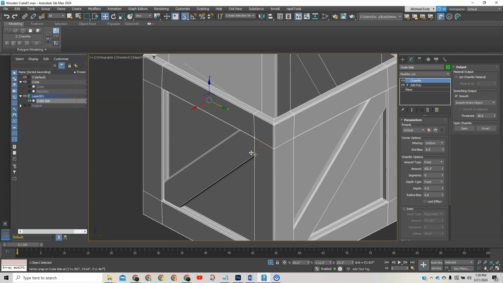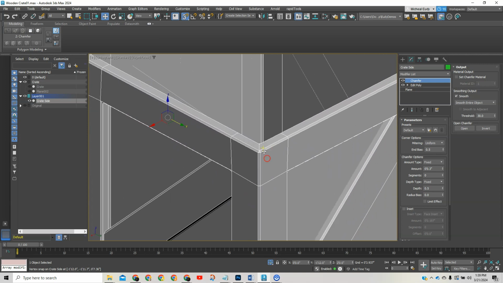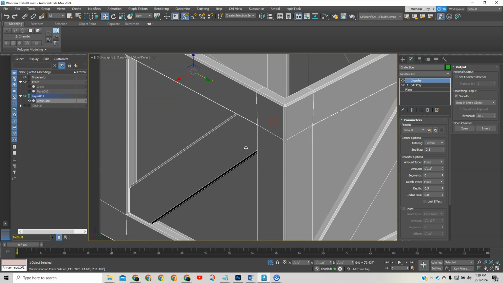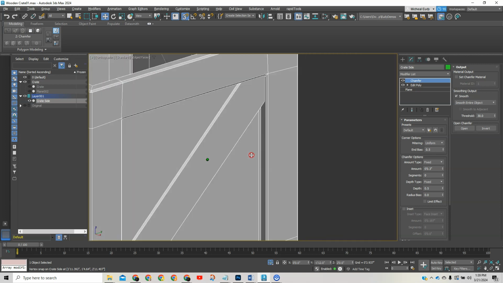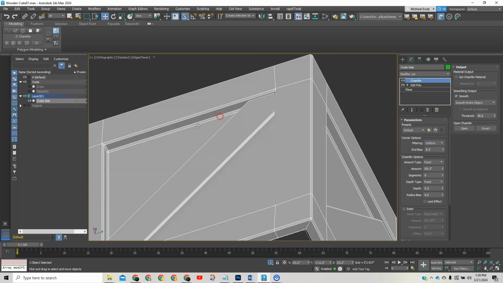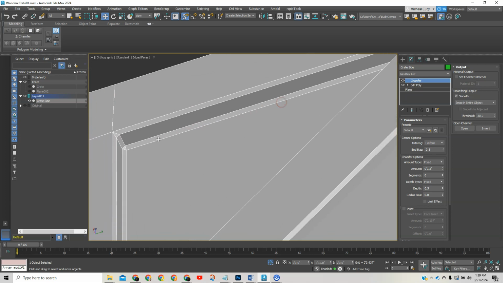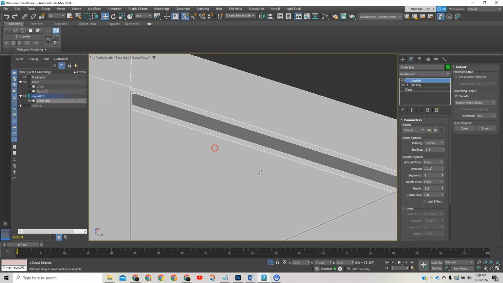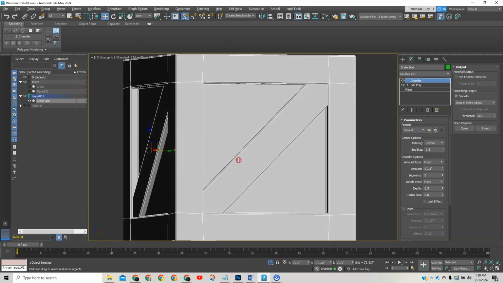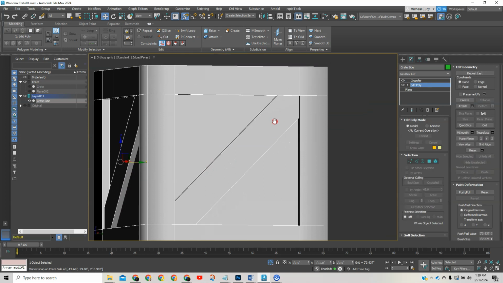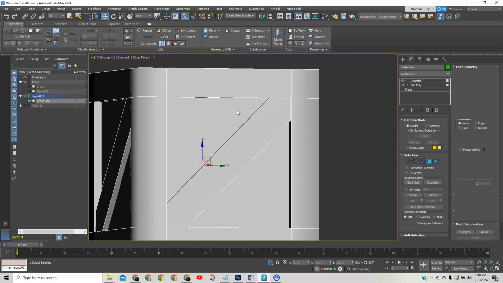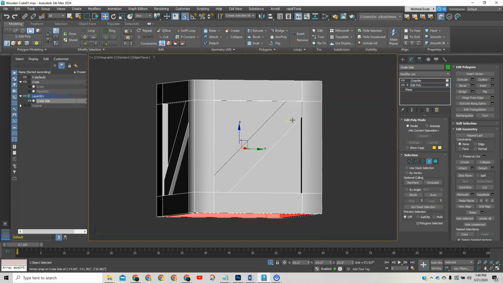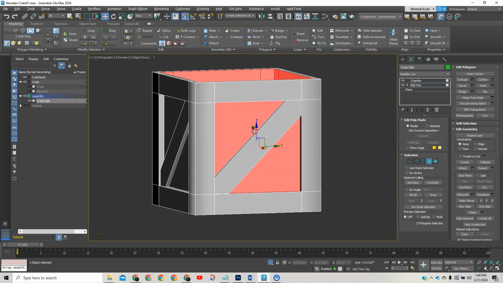Now, this is going to run us into a problem because we're doing this to make this seem like it's a board, okay? But the problem is that on the inside in here, a board doesn't do that. This board would wrap in, and it's making it wrap out, and that's not correct. So what we want to do here is go into our edit poly, and then we want to grab the things that we don't want it to add that to. So we don't want this, and